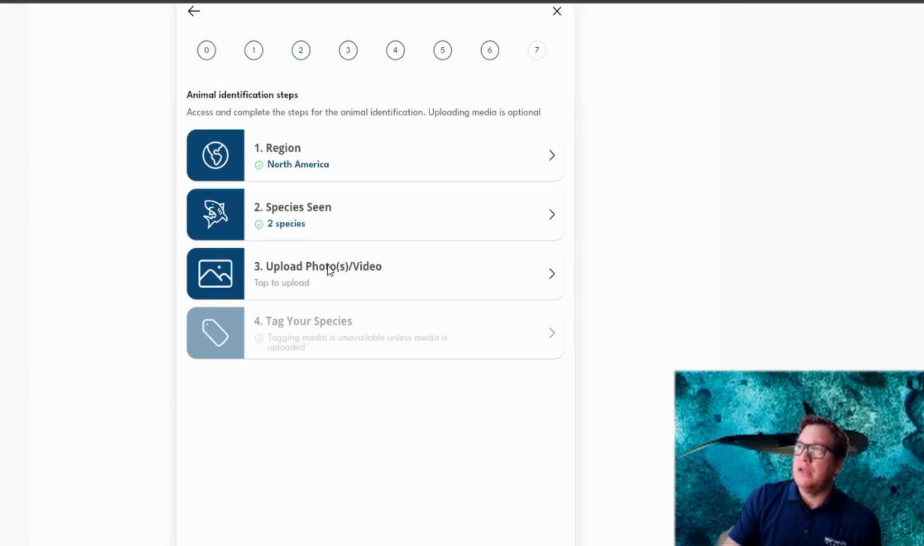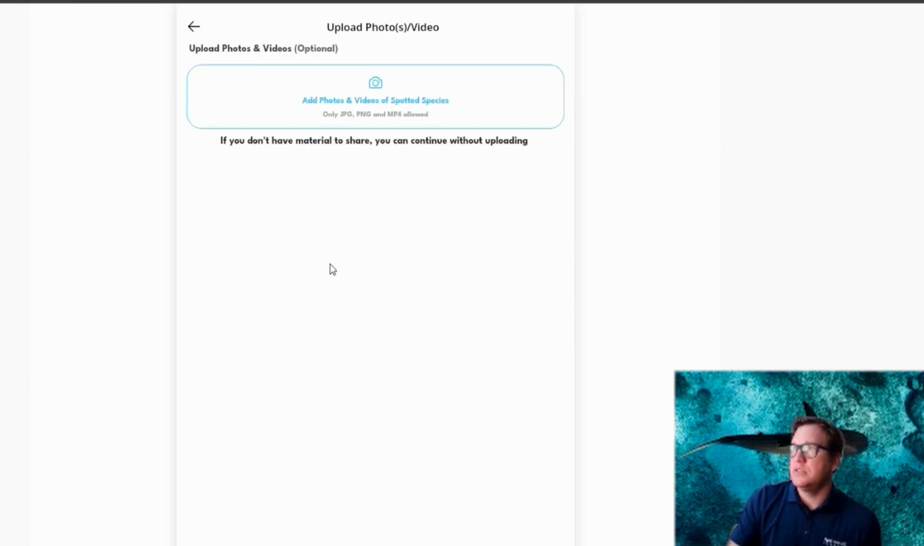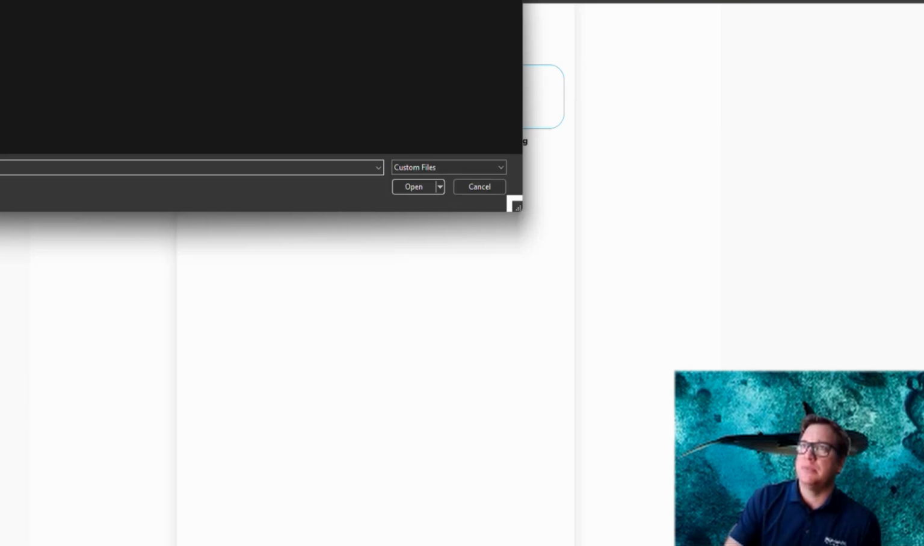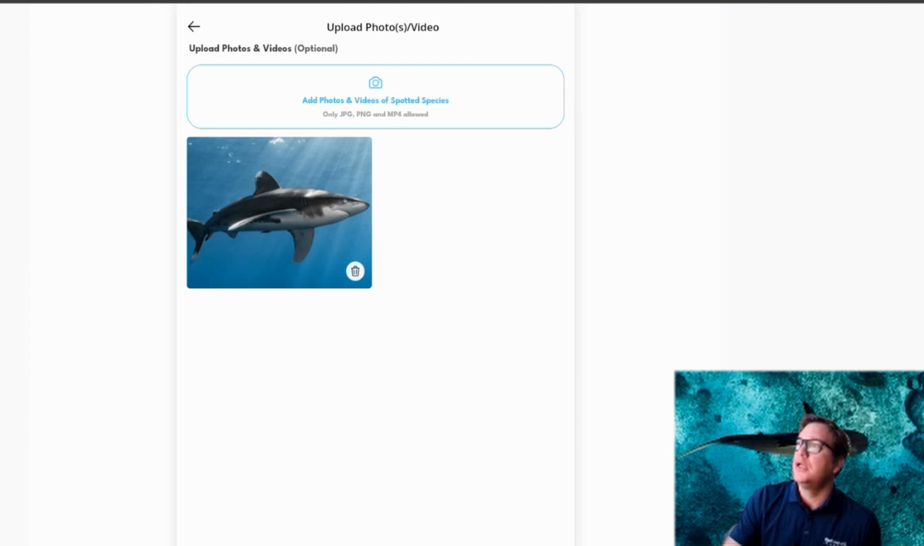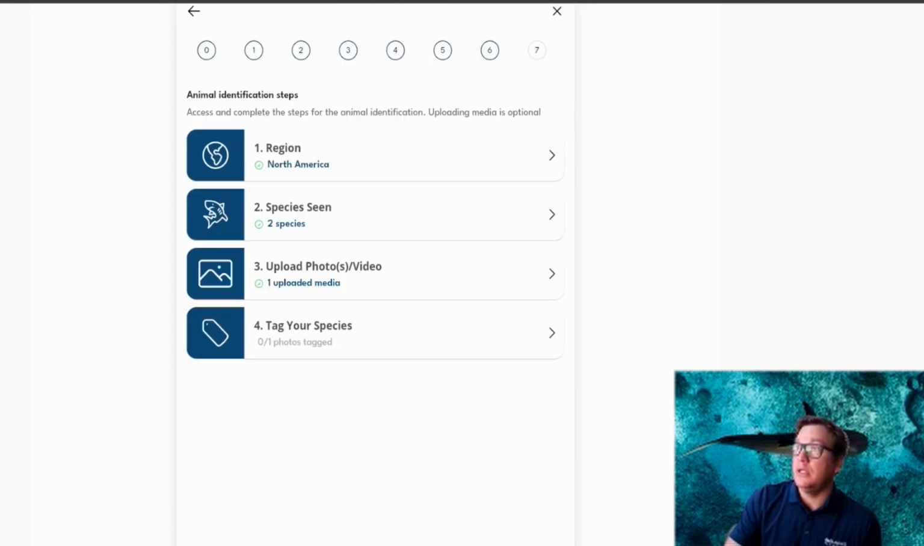After you've designated the region as well as the species seen, you can upload photos and videos. Please note at this time, JPG, PNG, and MP4 are the allowed media formats. Clicking this button will pull up the option to select the media. You can choose more than one, and then you will go to the Tag Your Species section here,